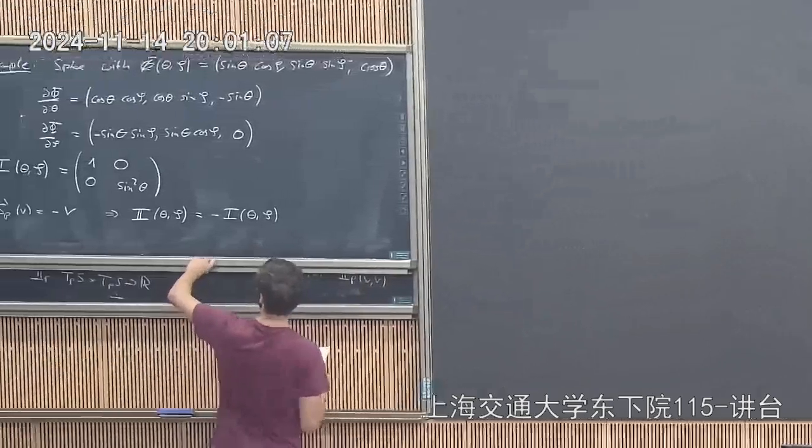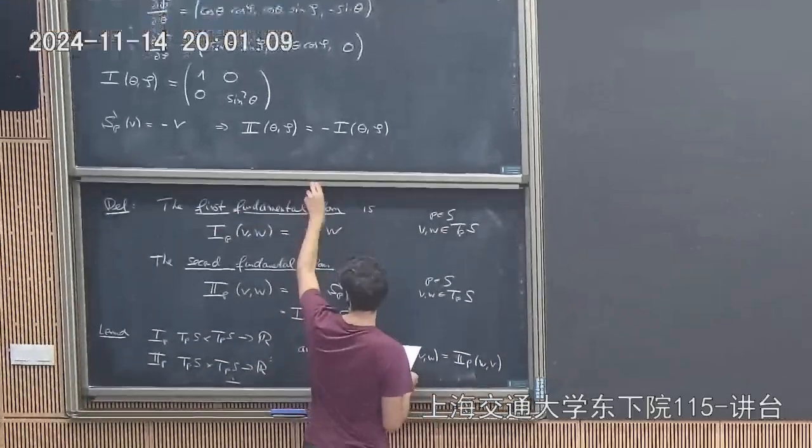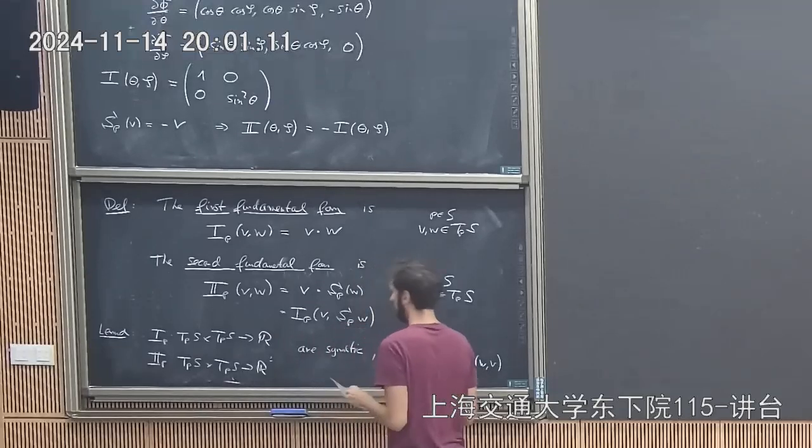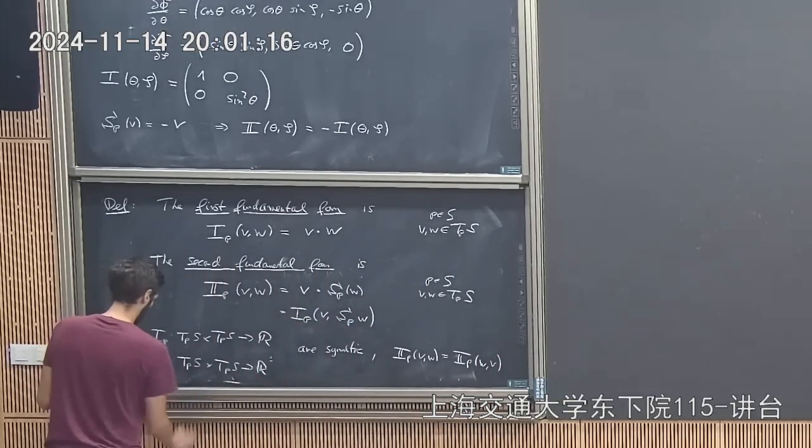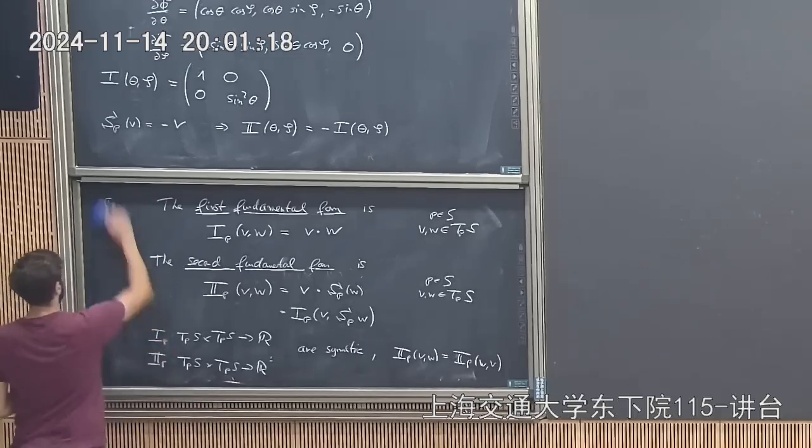Okay, so that's a nice example where we can actually calculate the shape operator. Usually it's